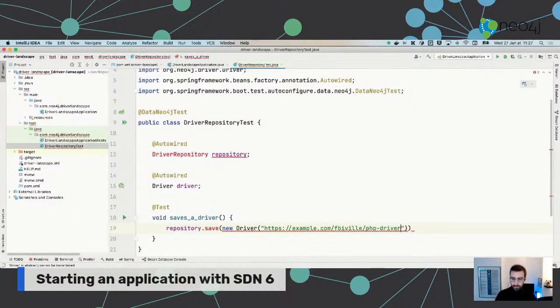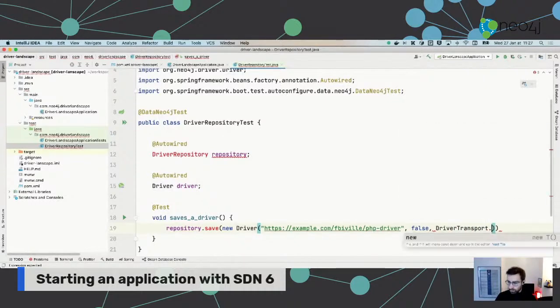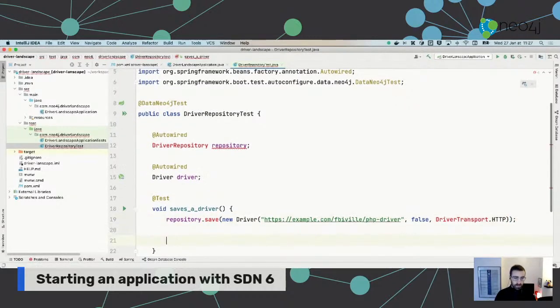PHP driver. Let's see. And then something like, is it official or not? And what was the transport? And maybe some kind of driver transport. Let's see, it's only for HTTP. I'm just making that up, and we'll see. And then I assume,